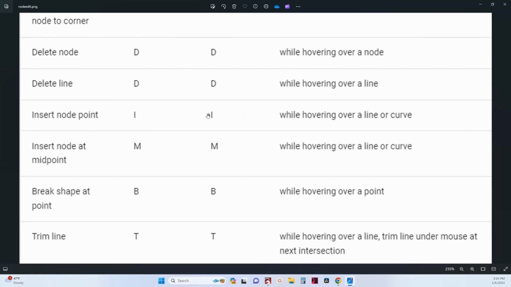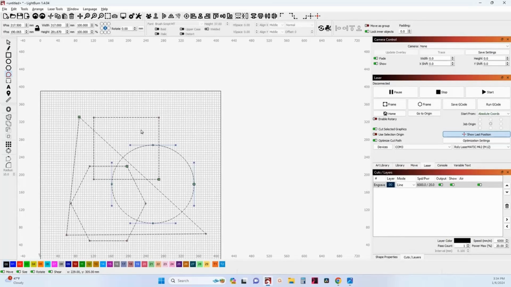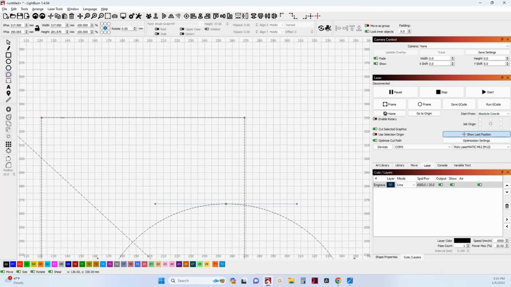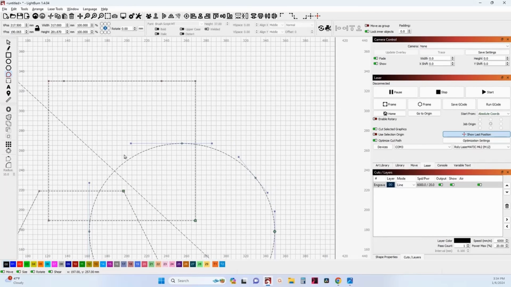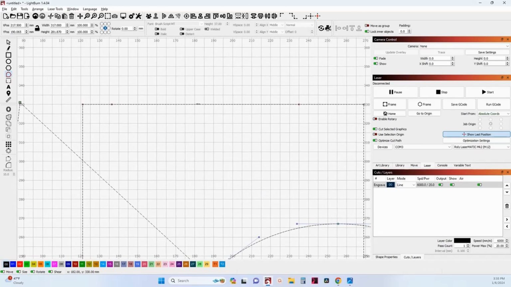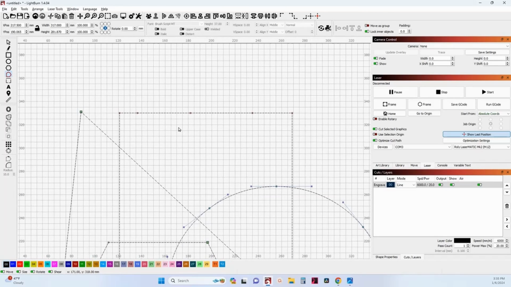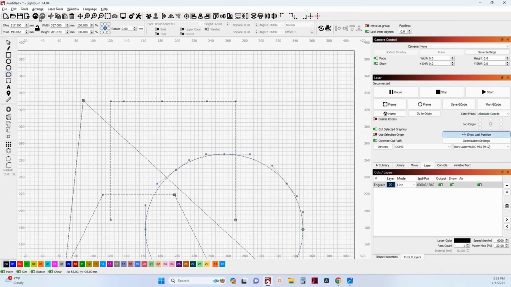Insert node, I've shown you that multiple times while hovering over a line or a curve. You can insert a node anywhere you want by just hovering over a line and hitting the letter I. Doesn't matter if it's a line, doesn't matter if it's a curve. When you insert a node in a curve, it puts that node in as a smooth node. The letter I will insert a node underneath wherever you're currently hovering. Just hit a letter I, and there's your node. I'm going to undo, get rid of all those. All right, now